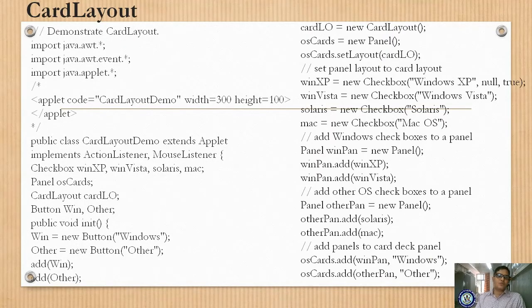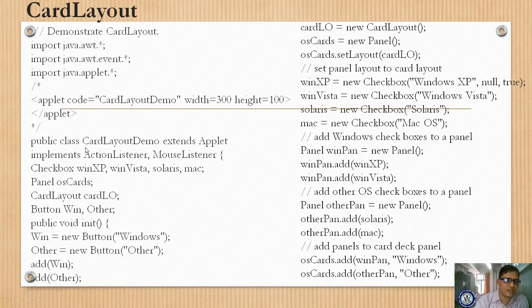Yes, my dear students, today we are learning this sample program related to your card layout. So just give more attention on this card layout, right? Import java.awt.*, import java.awt.event.*. If you are using an event, it means you are using some of our listeners. Import java.applet.*, so you are accessing applet programs, right? So you are supposed to write the applet tag. Here in the applet you are specifying the code as card layout, and the width and height.